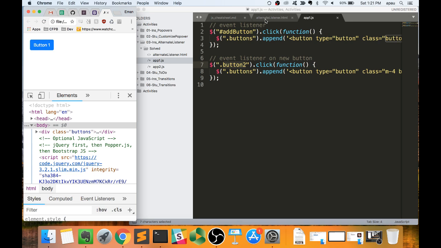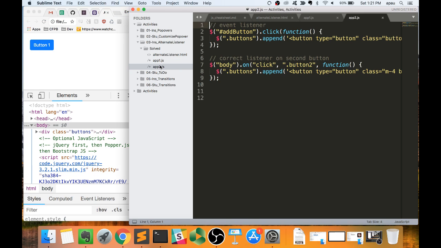So now we're going to take a look at app 2. In app 2, the very first on-click event is exactly the same as it was in app 1. App 2's body now has a different type of on-click event. It has a .on function. This is going to be a new jQuery function, and what this means is